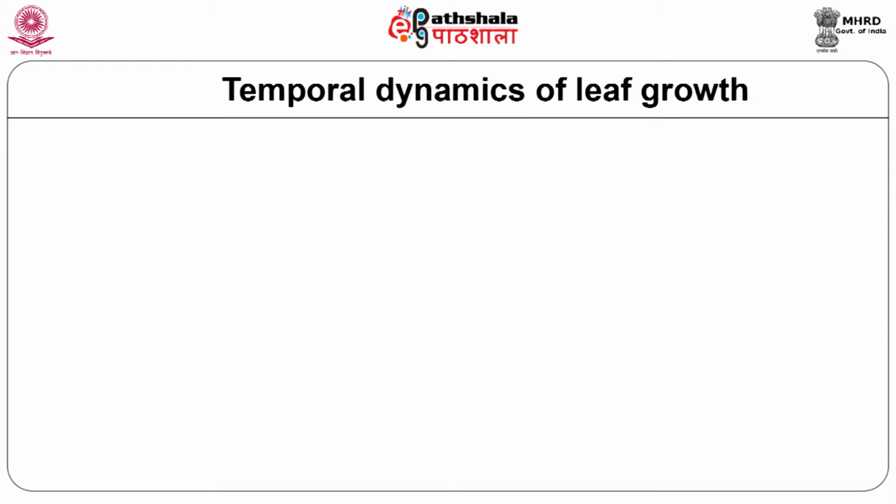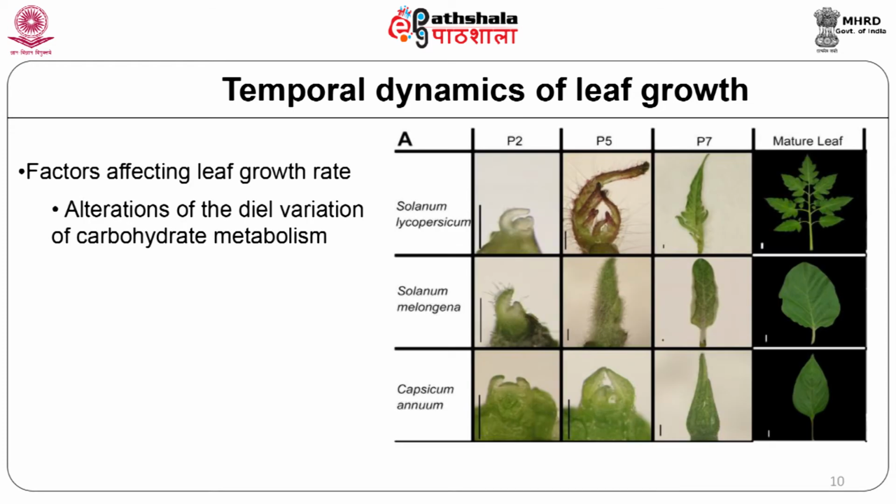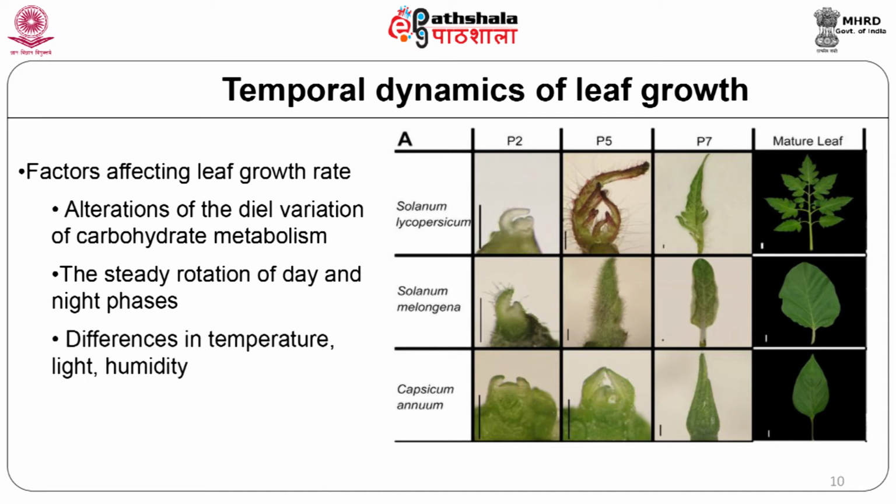Spatial and temporal variation in leaf growth. Plants actively maintain relative growth rates within the norm of the diurnal or diel variation when external conditions and the driving factors of growth change. Leaf growth rate is seen to fluctuate within the diel cycle. For example, the steady rotation of day and night phases accompanied by strong differences in temperature and humidity during 24 hours leads to a variation of relative growth rate in leaves.